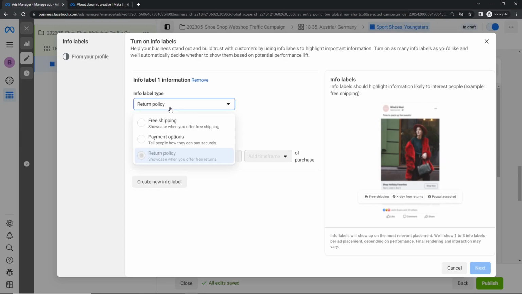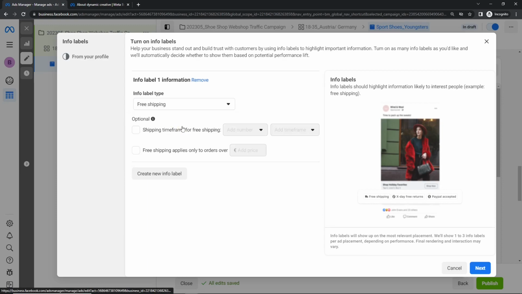And here you have, for example, free shipping or payment options. Free shipping would make sense if it is correct, either with a time frame for 4 days or free shipping above 200 euros. Then I can simply add it like this, click on next,